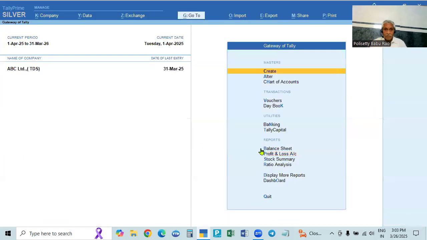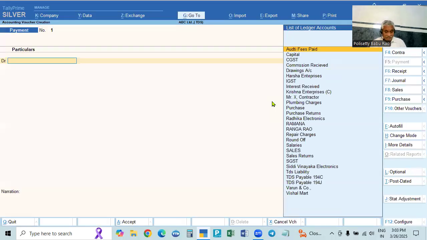Now we can make the entries. For example, the first voucher, we received something on 1st April from a debtor, some ex-customer, say a contractor.